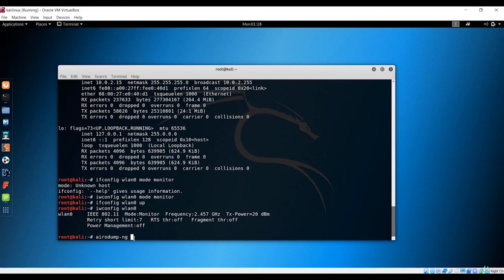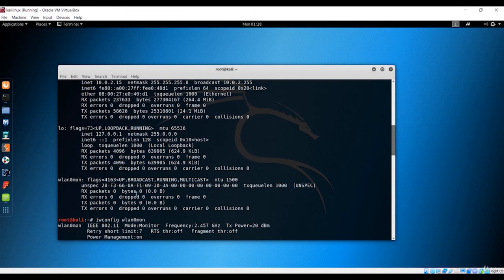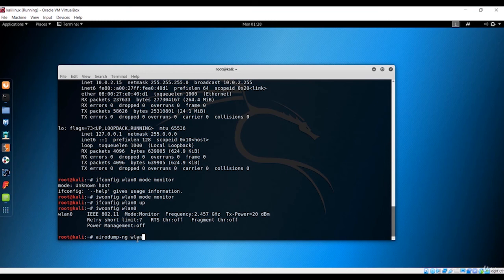So if you change the mode from managed mode to monitor mode using the airmon-ng method, you have to type WLAN0mon, because that will be the interface. But in this case we didn't change the name while changing from managed to monitor. We just kept the same name. That means if you want to use airodump-ng with this example, you have to put only WLAN0, not mon. But if you use the method that we did in the previous lecture using airmon-ng, you have to pass WLAN0mon.